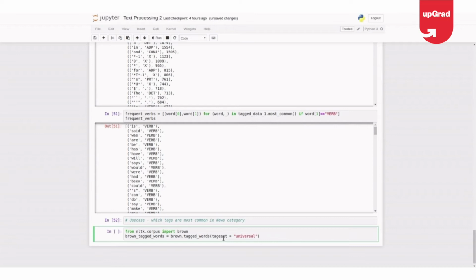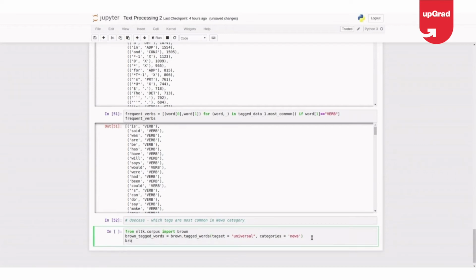So why is this required? Because there are different tagsets available. There's a default one, the universal, the most used one. So I'm just taking a random tagset here, and categories equal to news. I think we already discussed how to get the different categories in the Brown corpus.